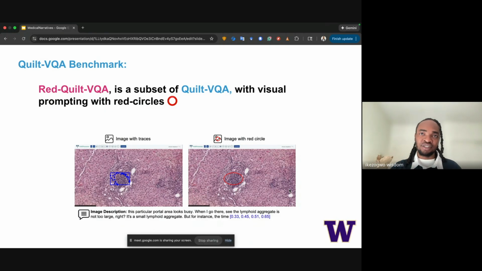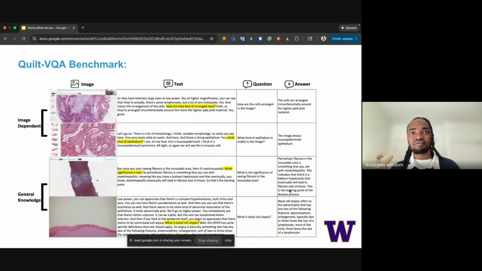This is to test whether models can attend to visually highlighted regions when answering questions. Our benchmark includes, on a high level, both image-dependent and general knowledge questions. The image-dependent questions require visual analysis, and the general knowledge questions test medical understanding.